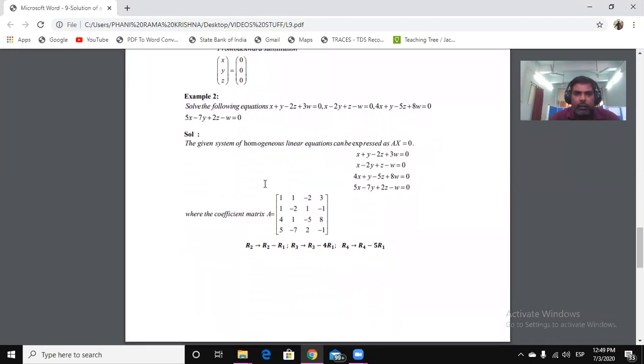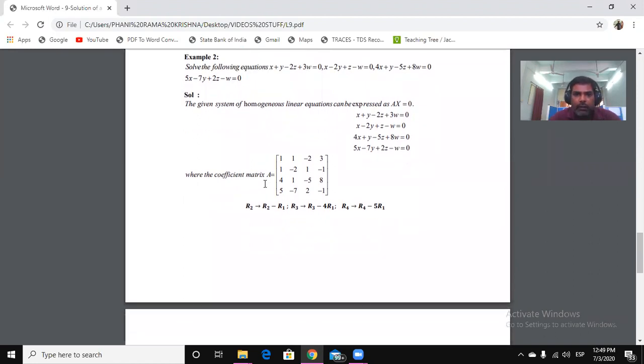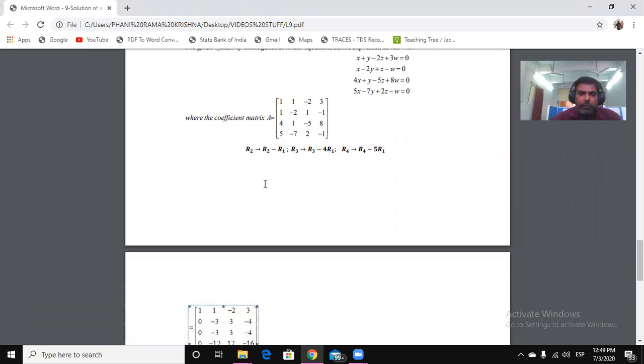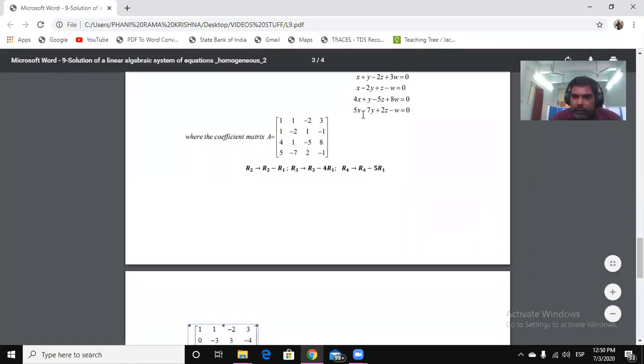So now we are going to look at another situation. This is a system of equations with 4 unknowns, 4 equations. So here I am going to do the operation like this. Sometimes you can interchange the rows. For example, this is the first equation given. I can interchange first and fifth equation. So whatever the order, it doesn't change the solution.